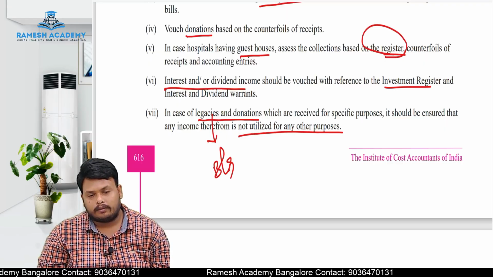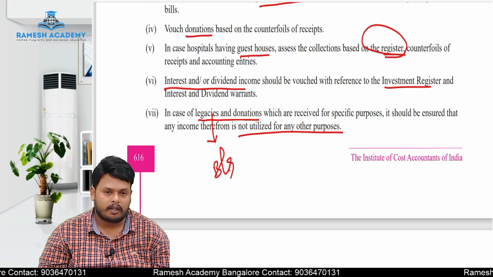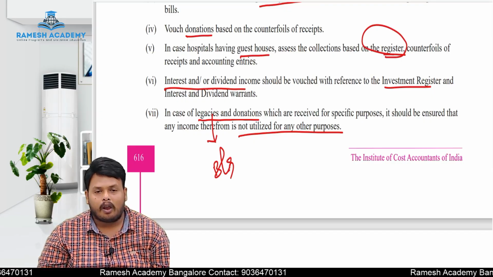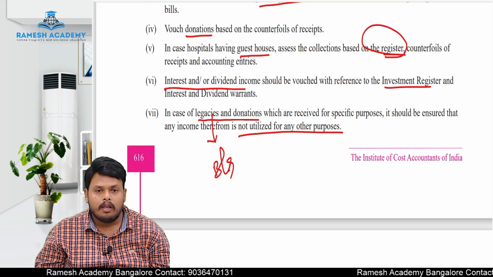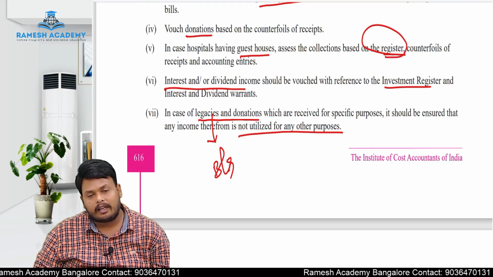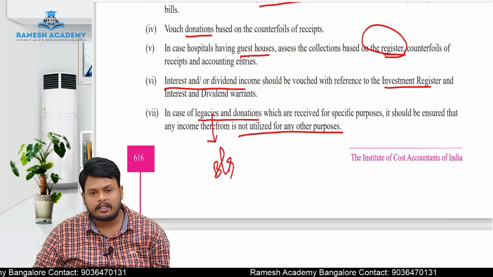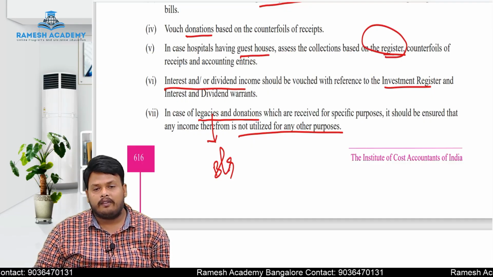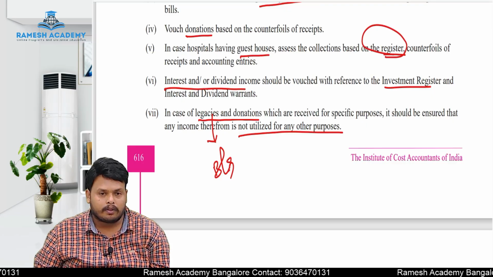Suppose a person has donated 1,000 crores towards a hospital only for the treatment of cancer patients. Then out of that legacy fund, whatever amount they have received as donation should be utilized only towards the treatment of cancer patients. Other than cancer patients, we should not utilize those funds. And apart from that, the hospital won't keep the 1,000 crores